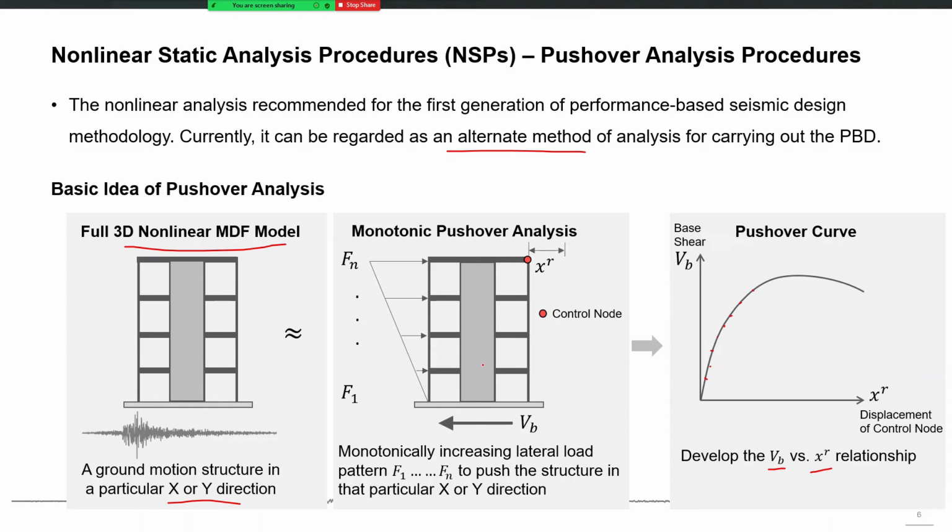But since your computer model is nonlinear and it allows for cracking and yielding and all nonlinear phenomena, therefore this curve will not remain linear forever. This curve will deviate from the straight path, and as more elements keep on yielding, it will more and more deviate and become soft, and finally it reaches the peak capacity, beyond which your building will not be able to develop more base shear, and it will go to the ultimate failure, or it will just go down.